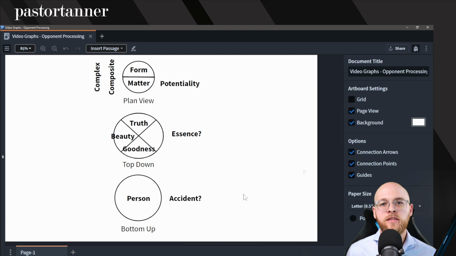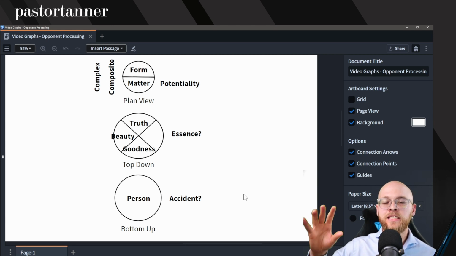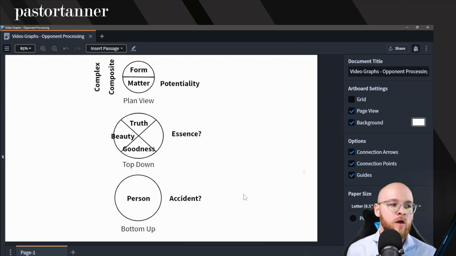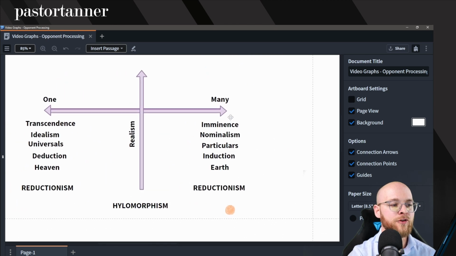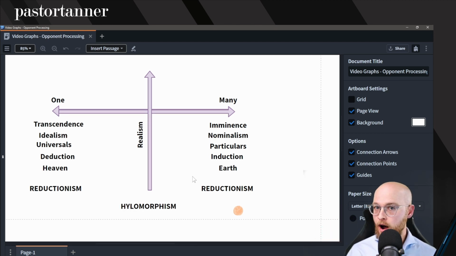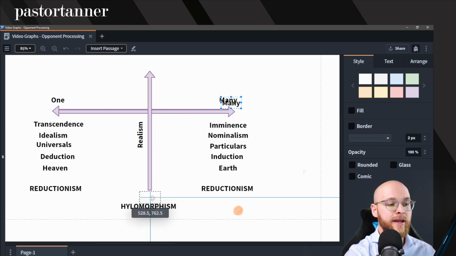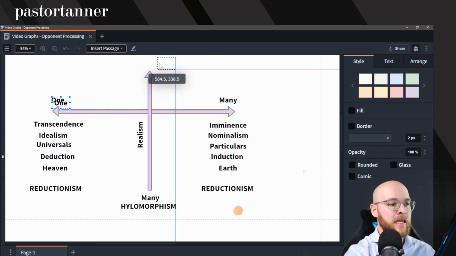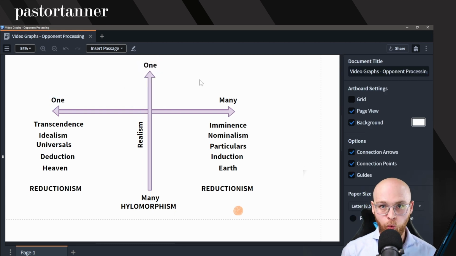Part of the reason I'm going into this is I believe that metaphysics is something that is uniting a lot of different traditions right now. And a lot of people are still getting caught up in these debates that are reductionistic, trying to make everything reduce down to either the many or reduce down to the one. But I actually think that hurts us. Hear me clearly. Realism, properly apprehended, destroys tribalism. How so, you might ask? Well, I am not advocating for a realism position that somehow is a via media, a middle way between the one and the many. Instead, I am advocating for a realism position that subsumes the one and the many, because I refuse to argue on one-dimensional terms.